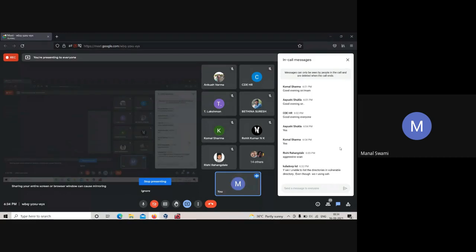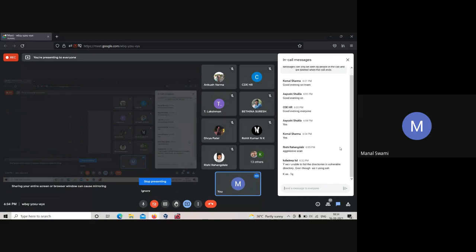Although we have got into that particular system through the SSH port, there are still some privileges which are not allowed to the SSH port as well. So for that you will need shell access of that particular system. Okay, anyone else? Yes, Ankush sir.